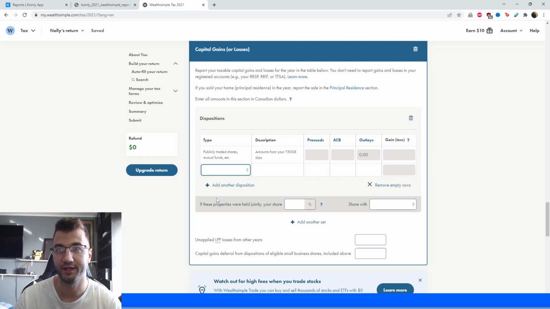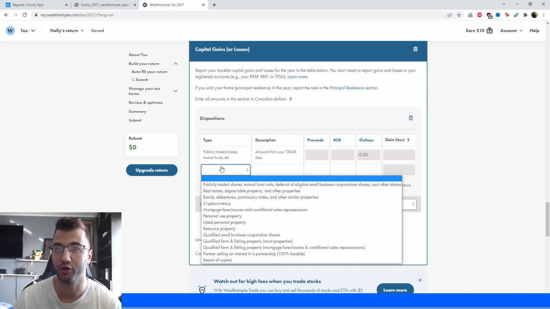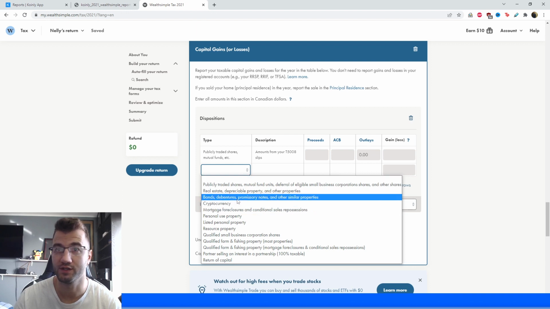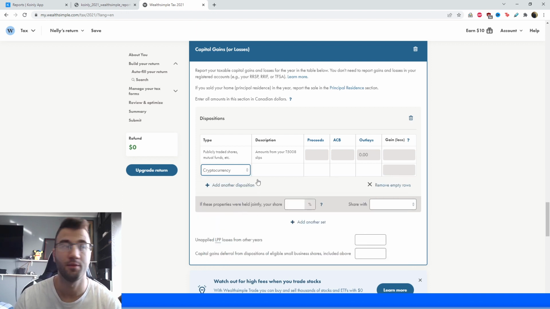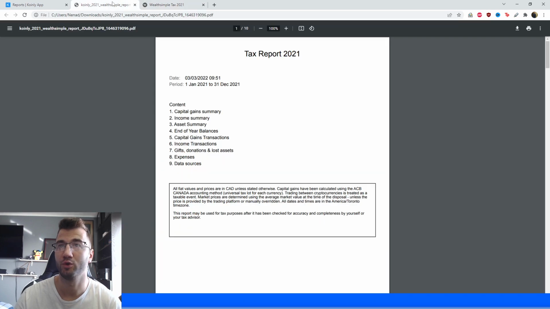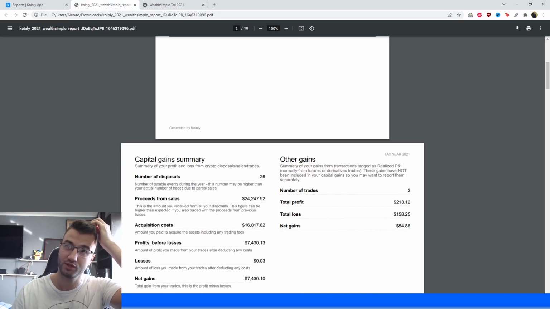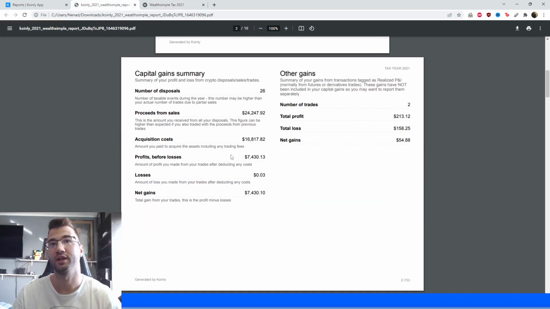Okay, let's start filling out some of this information. The first thing you're going to need is to figure out where the type cryptocurrency is located, and here it is. And then we're going to go into our description. We can type in crypto trading. Now we're looking for proceeds. So if we go into our Wealthsimple report and we scroll down into our capital gain summary, here is the value we're looking for. So proceeds from sales, which is